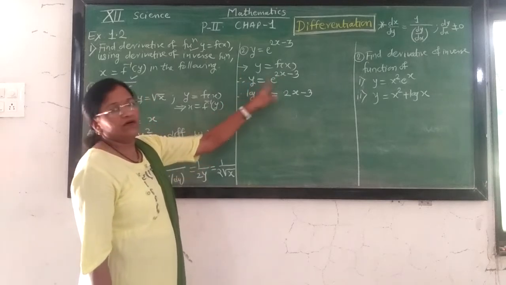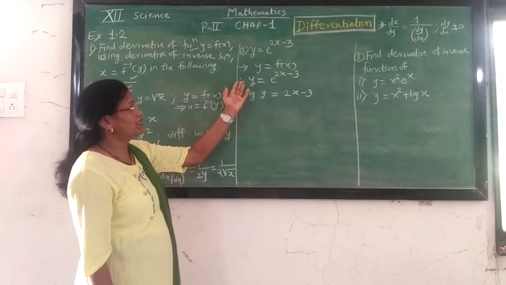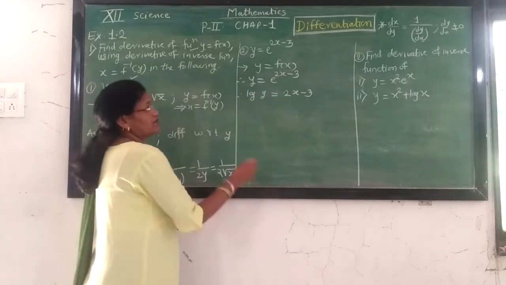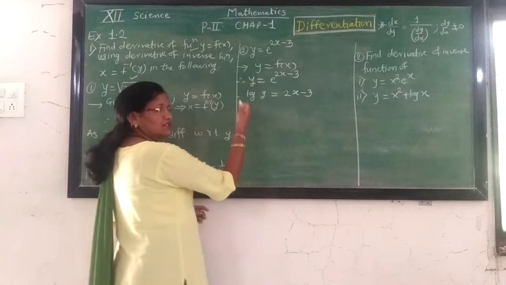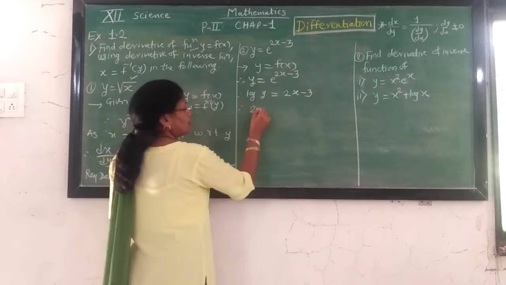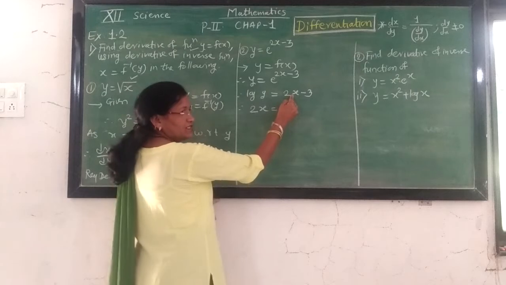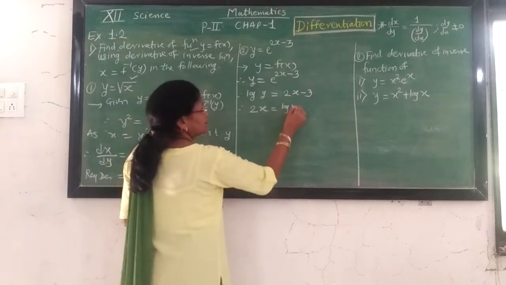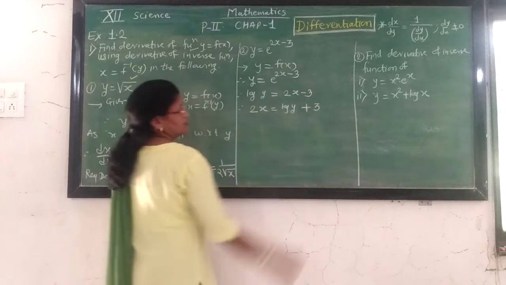So we take here, or you may take by using the rule of logarithm, taking log on both sides, the natural base. So you get here (2x minus 3) times log e, and log e is 1. Or use the definition. Okay. Log y is equal to 2x minus 3. So what is 2x? This 2x remains here, only minus 3 becomes positive, so we can write this as log y plus 3.